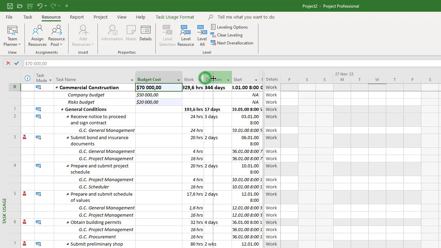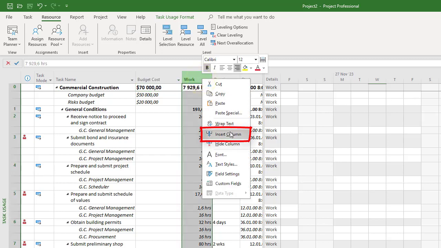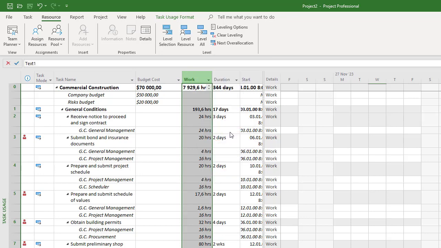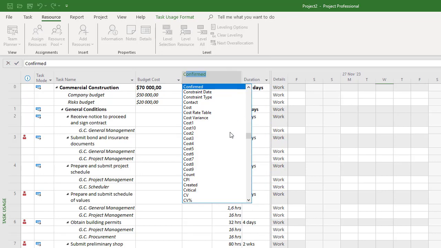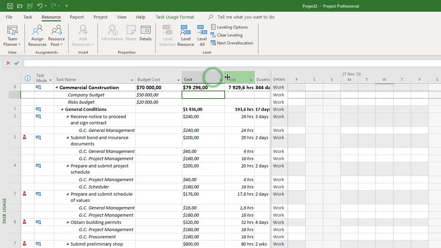How can we set our budget cost, estimate our budget cost? We can use the project cost. For example, we can add the cost column: click the right button, select Insert Column, and enter the cost. And as you can see, now we have planned